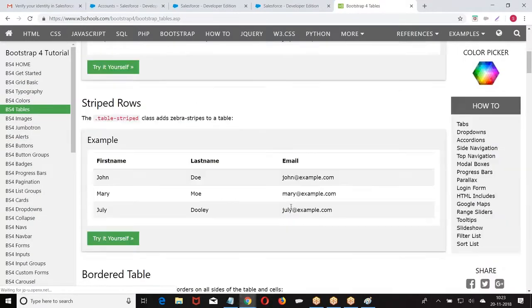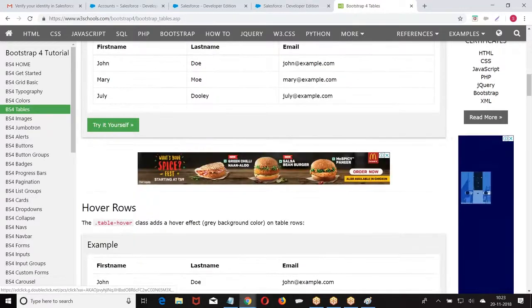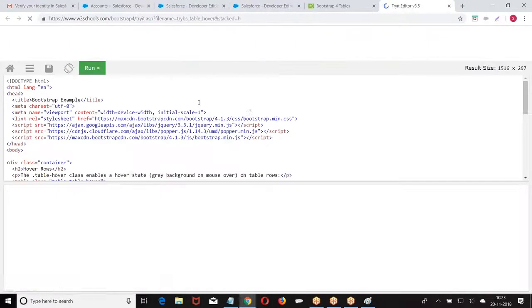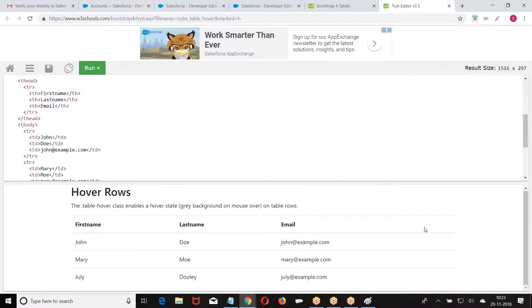They told me they don't need the table that we are getting in Salesforce. They want the table to be in this structure. When they tell me the table should be in this structure, what should I do now? I don't want the table that Salesforce is giving. The look and feel of the Salesforce table I don't want. I want the table to be in this format. Then what should I do? I have to apply my own CSS.